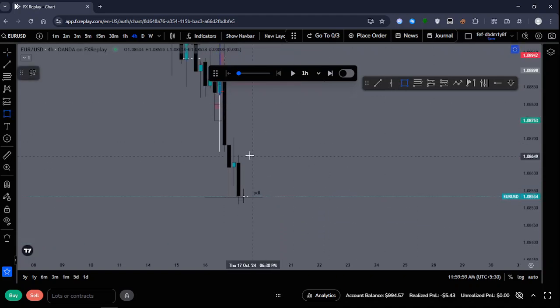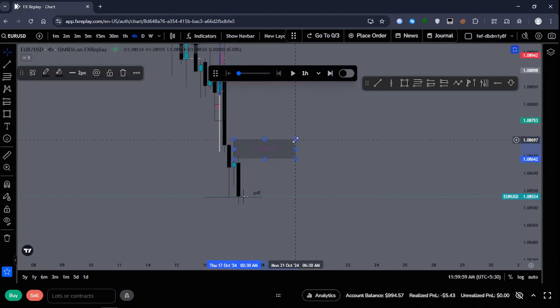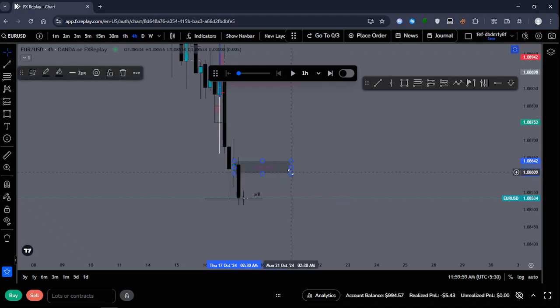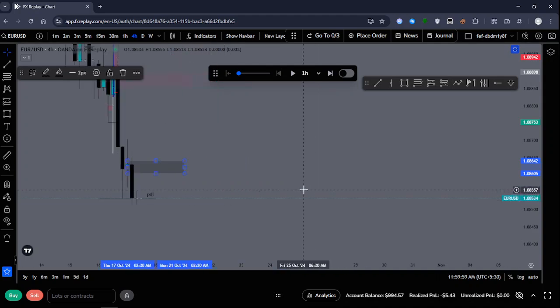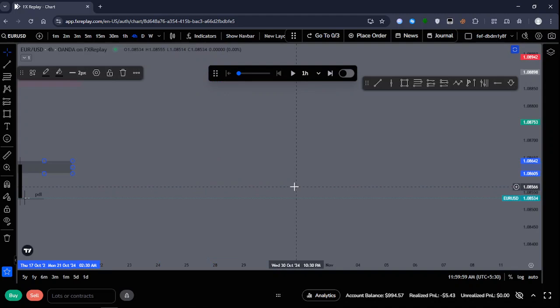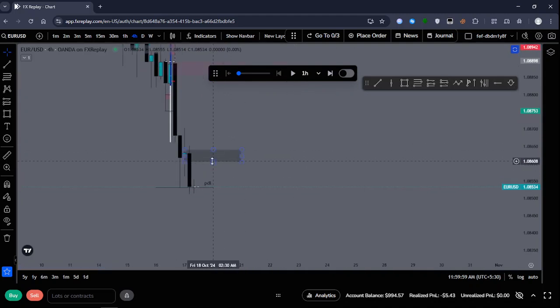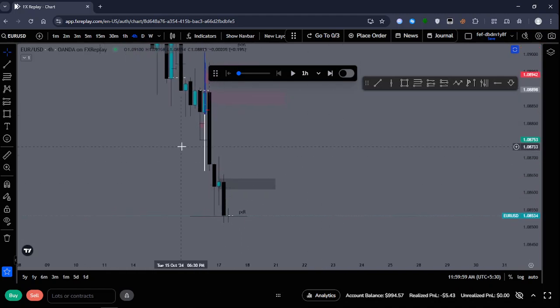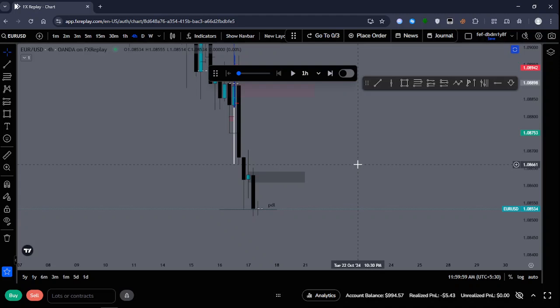This is a 4-hour fair value gap. I'm only taking the body of this candle, not much, just that. This is coming out of a 4-hour fair value gap, so that's why our block is there, and this is the 4-hour low that is being